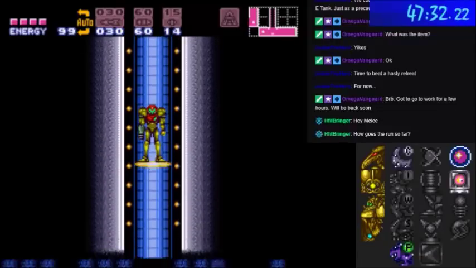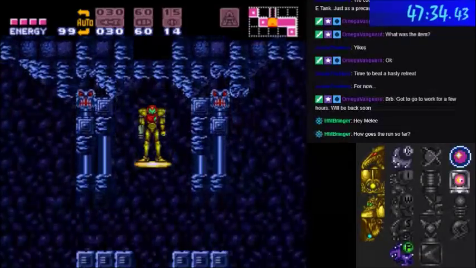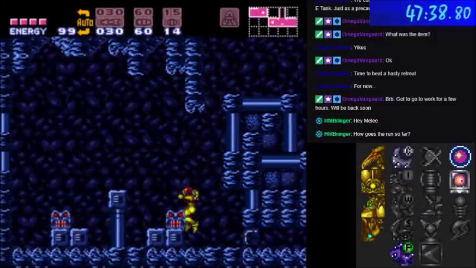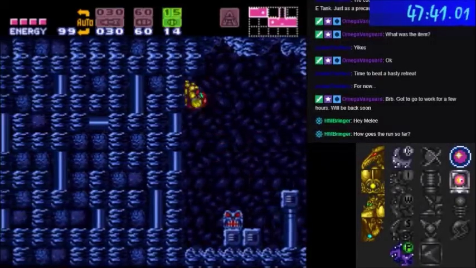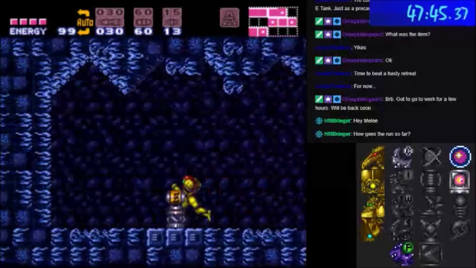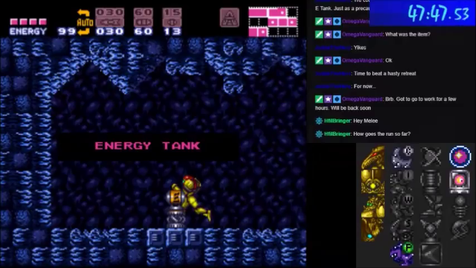It's going alright. I've got Charged Plasma, and I saw Wave Beam at Crumble Tower, but I don't have Varia Suit, and I don't feel comfortable doing that hell run at the moment. Not when I have other options. But if you're giving me more E-tanks...